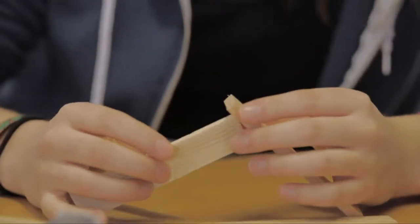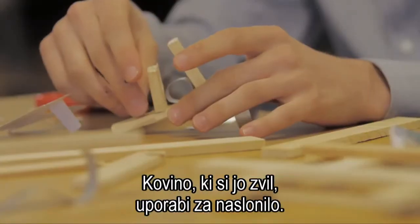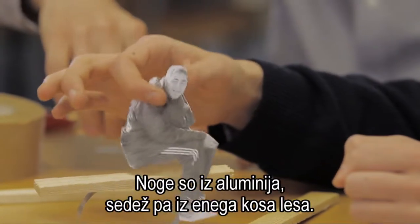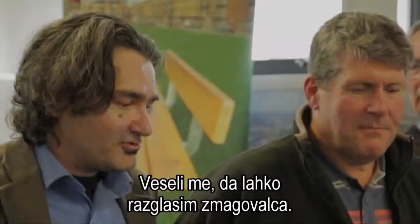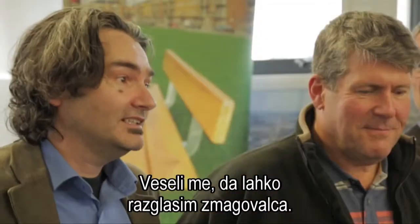So we've got an idea already? I think it's quite fun. The metal that you've folded into the spring, so you've got your back. It has an aluminium springy bottom and a single piece of wood. So it's my pleasure to announce that the winner is